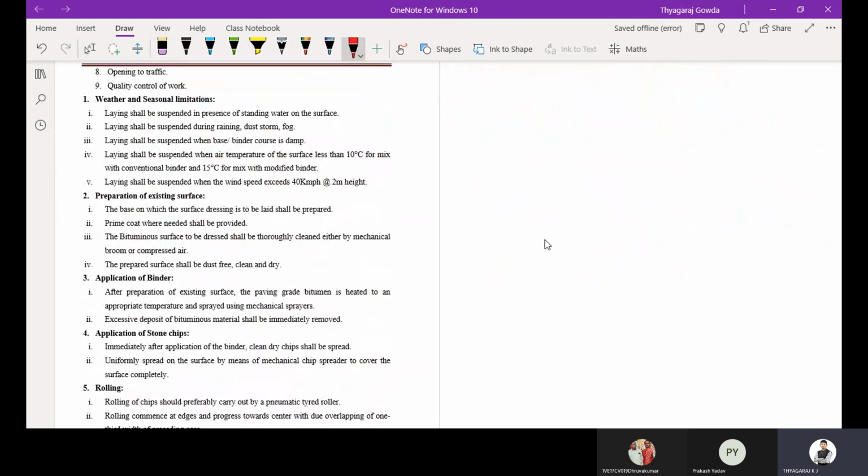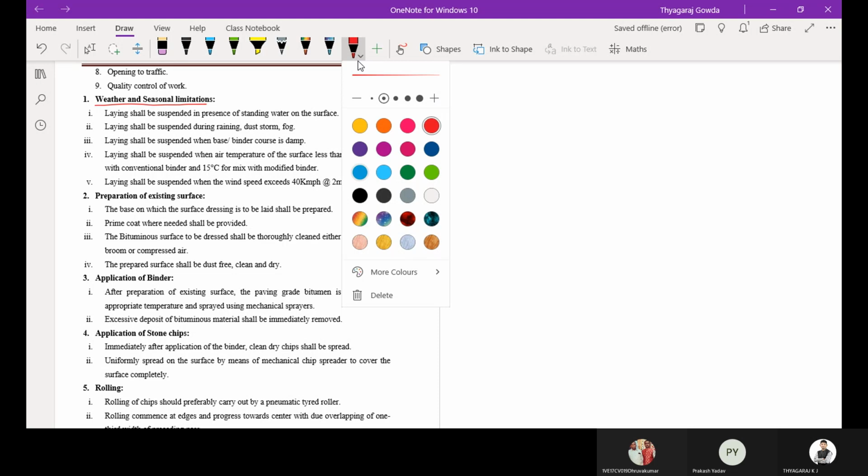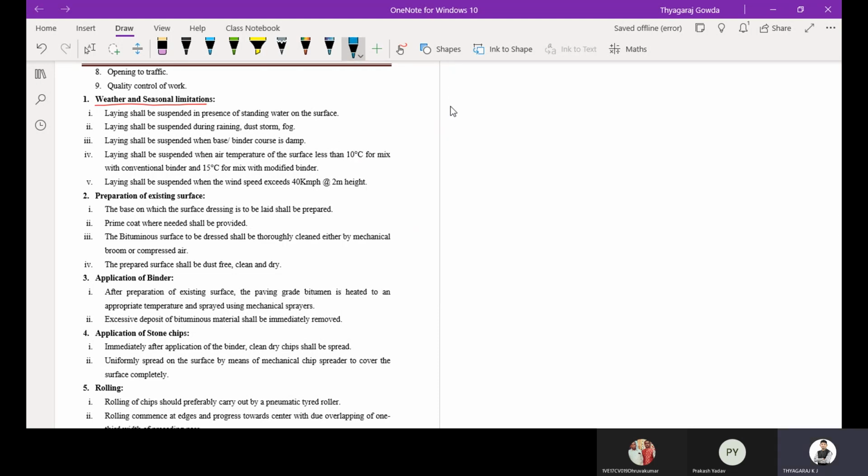Now the first one is weather and seasonal limitations. Laying shall be suspended in the presence of standing water. The bituminous mixes should not be laid in the presence of water.